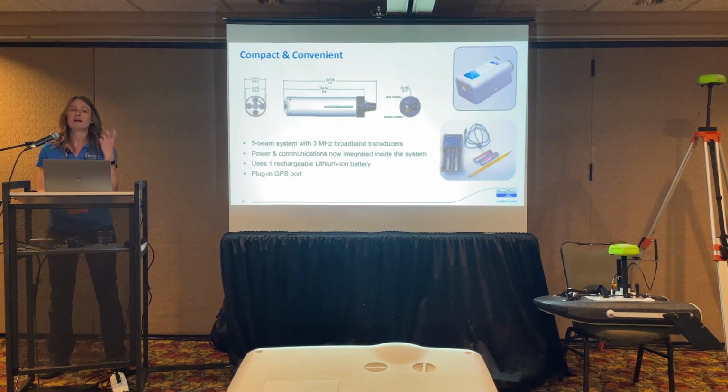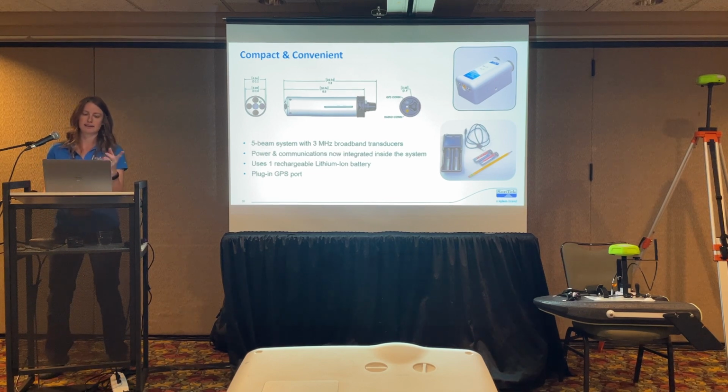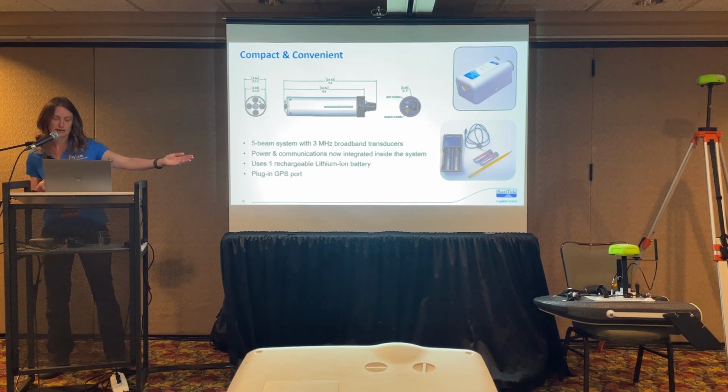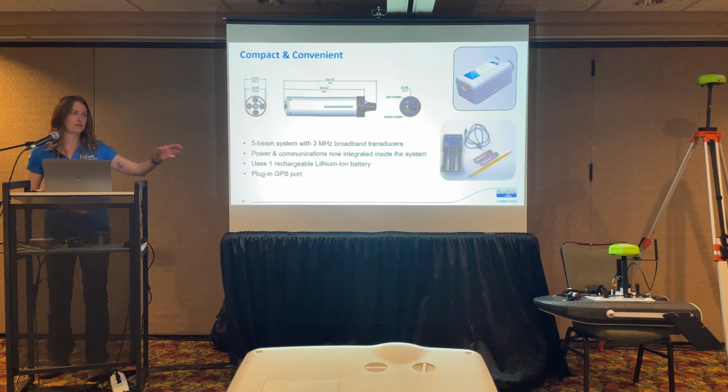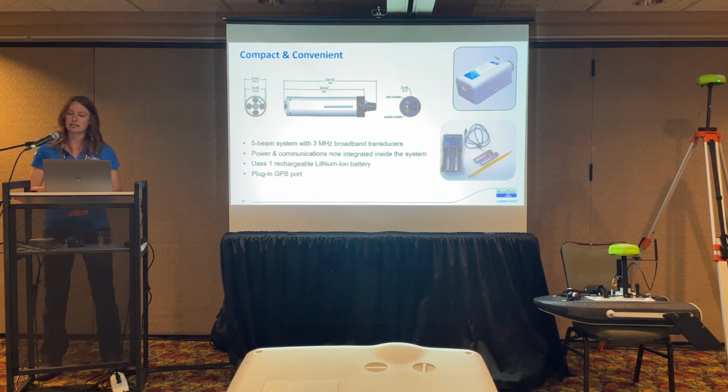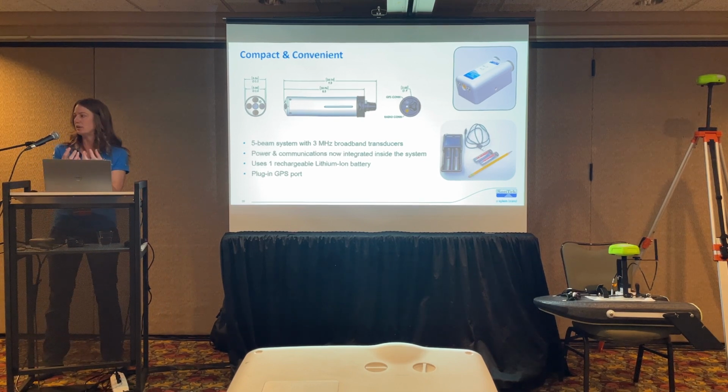So what you're holding in your hand, what's being passed around, that's it. All of the electronics are in there. There's a battery that goes inside. If you wanted to connect GPS, you just have a GPS connector coming out. We have the green antenna on top of the RS5 right there, which is our RTK GPS. But it's just all the actual ADCP and everything you need to make a discharge measurement is included in that small